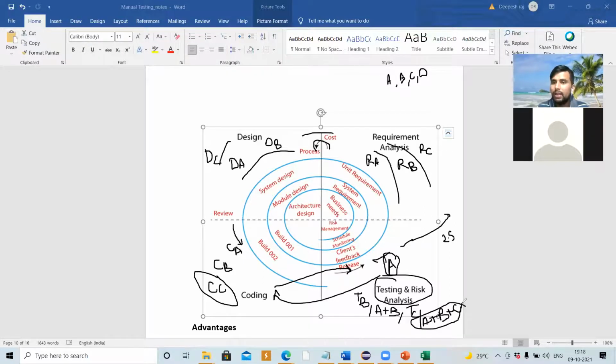Once coding is done and the application is developed, it is handed over to the test engineer. The test engineer starts testing the module. They may find some bug, which is again reported to the developer to fix. While testing, the test engineer is going to test the previous modules also. If they are going to test B, they have to test A also, because the modules are dependent on each other. Once the first module and the next module are working fine, we hand it over to the customer.